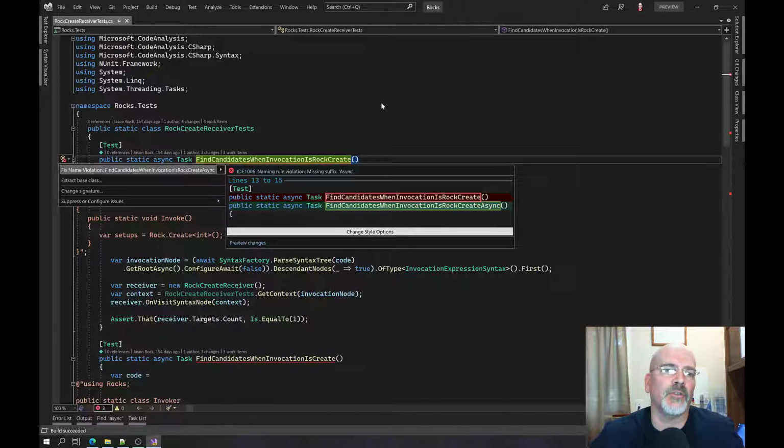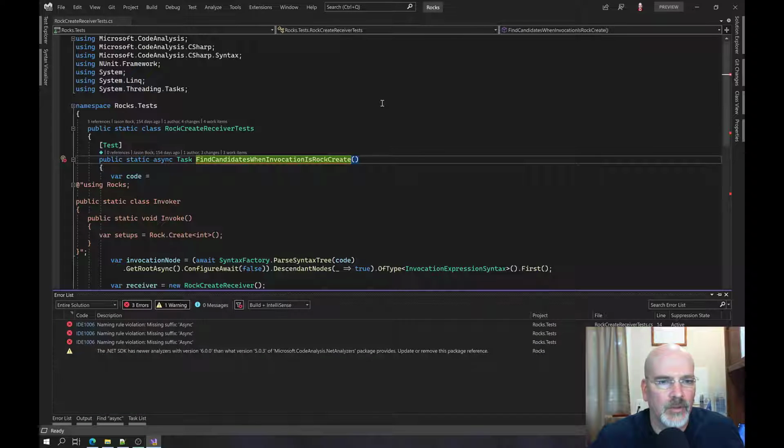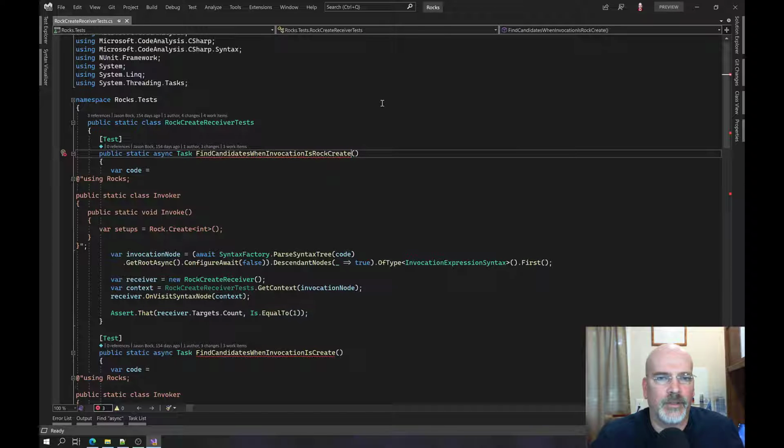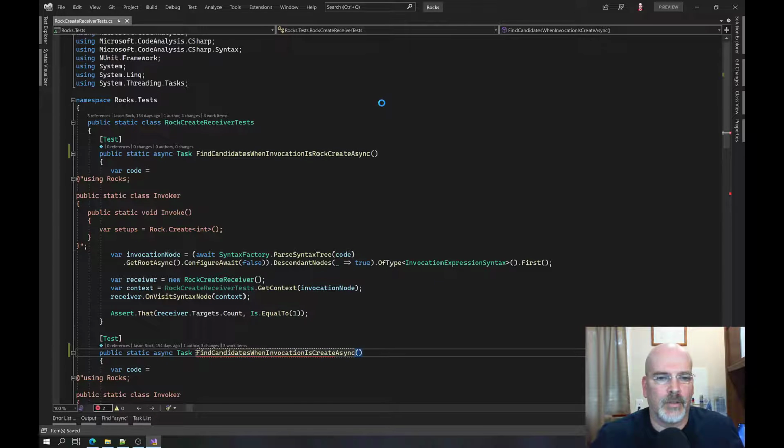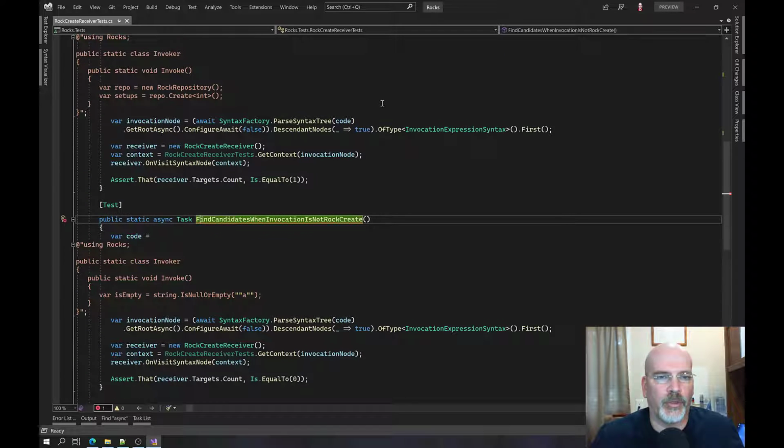Oh, this doesn't go across the whole solution. Oh my goodness. Oh no. That's not helpful. How many errors do I have? Oh, only 3. Well, you know, I was hoping it would give me like fix it all in solution, but that's not what it does. Okay. But there was only 3, so